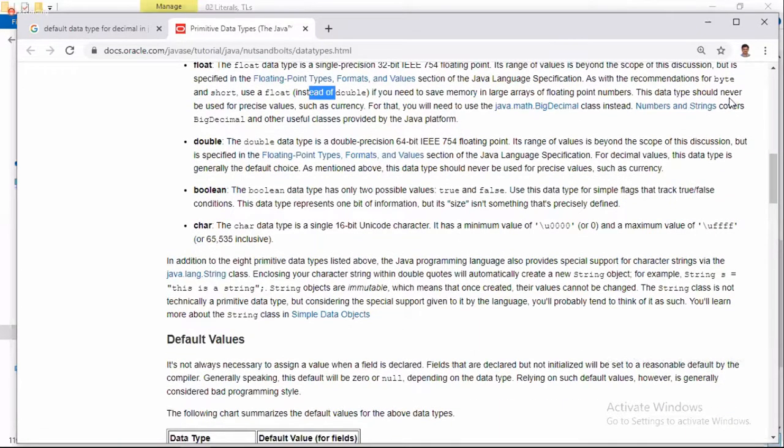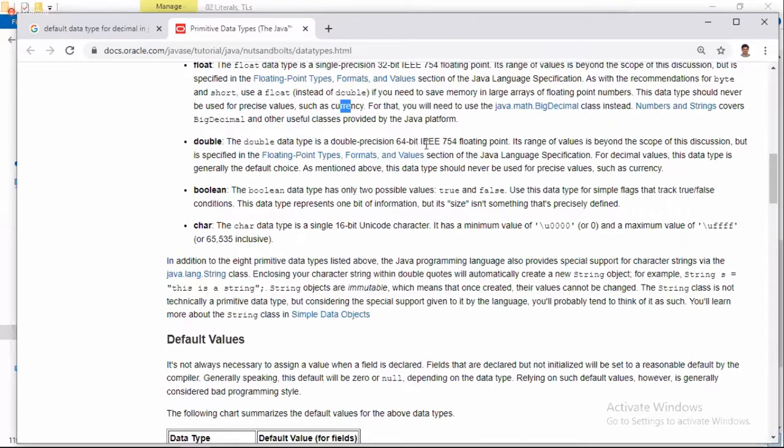This data type should never be used for precise values such as currency. For that, you will need to use the java.math.BigDecimal class. If you want to work with currency, don't use float values. You must use the java.math.BigDecimal class instead. Numbers and Strings covers BigDecimal and other useful classes provided by the Java platform.